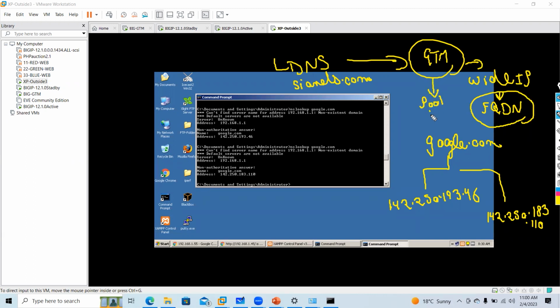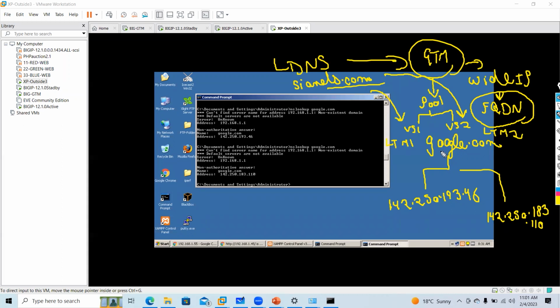Now the wide IP has a pool. In the pool, what does it have? It has a combination of virtual server 1 and virtual server 2. Virtual server 1 is hosted on LTM 1. Virtual server 2 is on LTM 2. So when I type sianets.com, first it will get resolved to virtual server 1. The second time it will get resolved to virtual server 2.